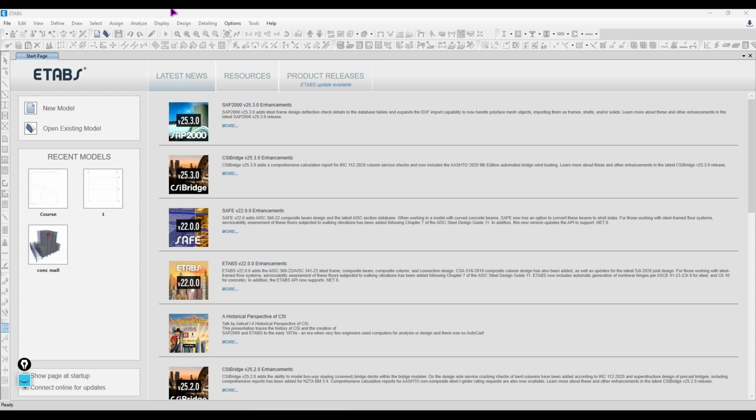Once you click on the software, this is the first page you're going to see, which is like the welcome page. Here you'll see the latest notes, which are the updates for other software. They have a whole bunch of software from CSI, Computers and Structures Inc. You also have resources and product releases, but that's not our concern for now. On this side, you'll see the recent models, the new model, and open existing model. What's the difference between those? Recent models is basically what you've created on your laptop or on your account,